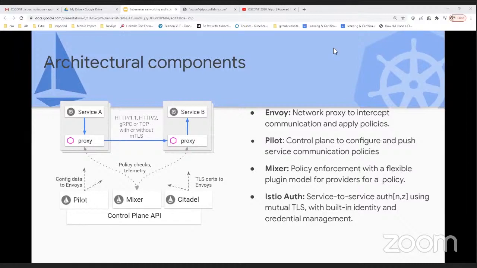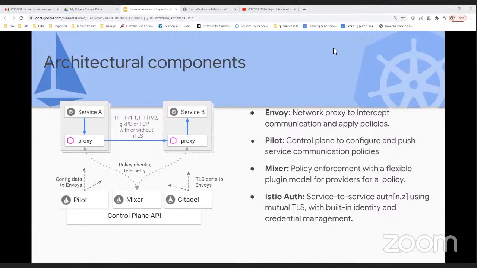So a bit about the architecture point of view. If I look at the architecture diagram, you will come to know that whenever I am running any service, my proxies are running with my service. If I want to route the traffic, I can do it with the help of the Istio proxy. The Istio proxy is running the Envoy proxy only.